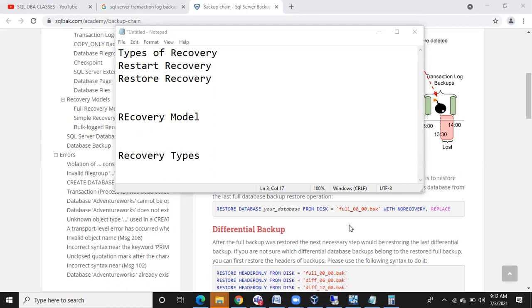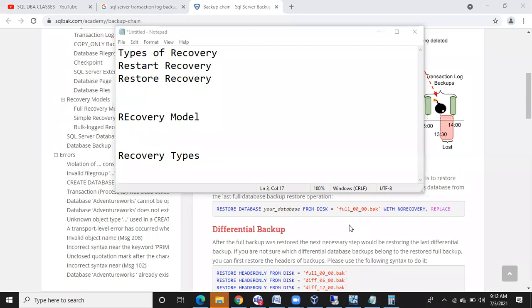If your server is down, the job also will be down. If your database is down, the job will fail. Once the database is online and the server is online, if you start the job again, it will work fine. The problem is if you generate the log backup and it was deleted. If you don't generate the log backup, no LSN will be generated, so no log backup missing error will come.